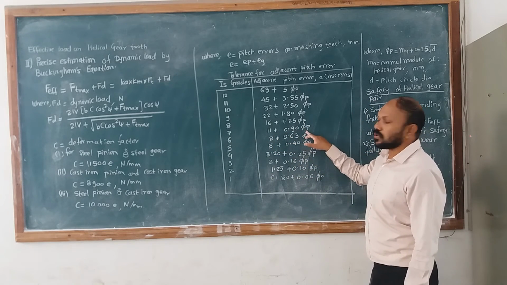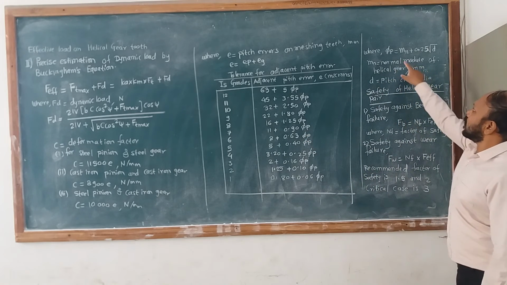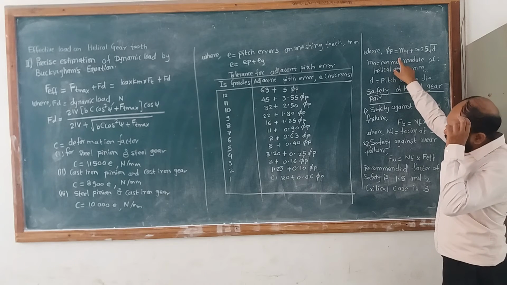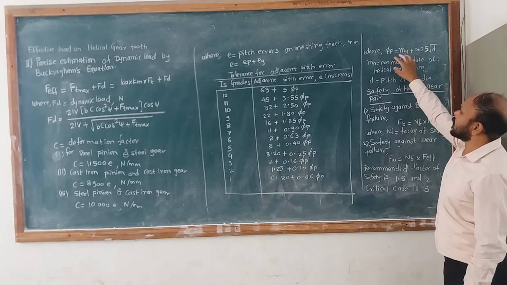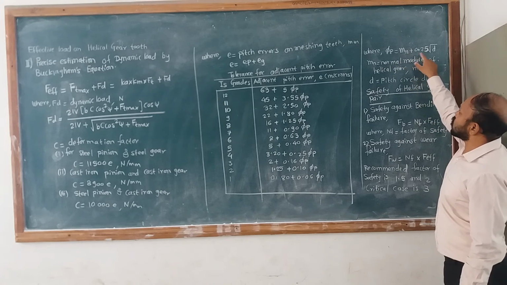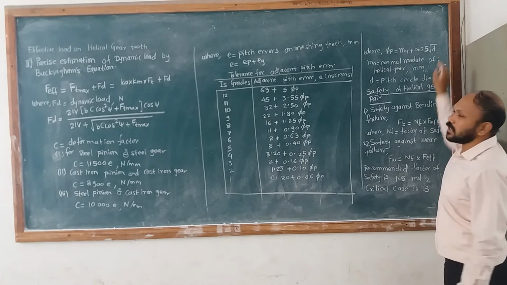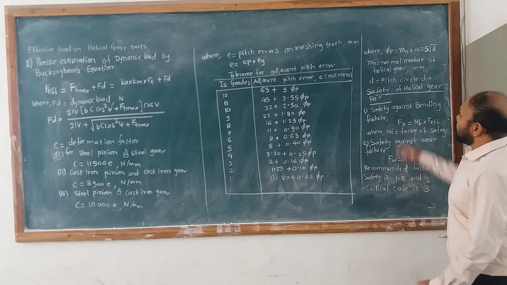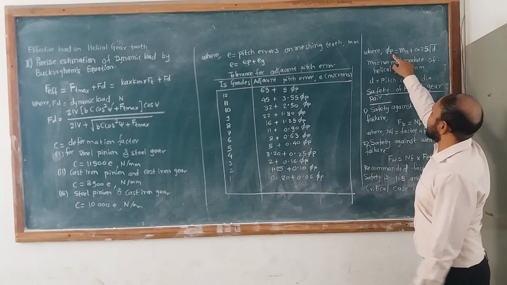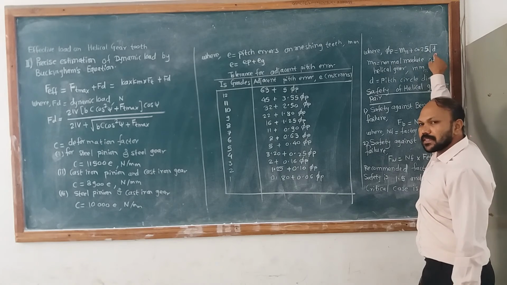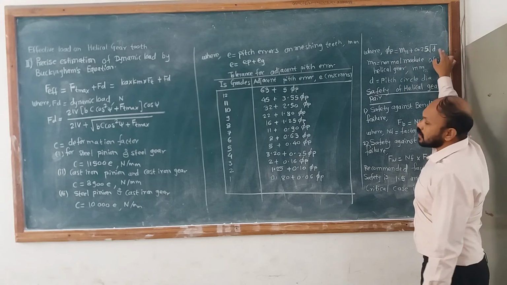11 plus 0.90 into phi P. What is this phi P? This phi P is called the adjacent pitch error tolerance factor. Phi P is equal to Mn plus 0.25 under root of D. Substitute here the Mn value, substitute here D. D is the pitch circle diameter. We want to calculate both the values, that is phi P and phi G. So if phi P is here, then you substitute DP, that is the pitch circle diameter for the pinion. If phi G is here, then we substitute here DG.